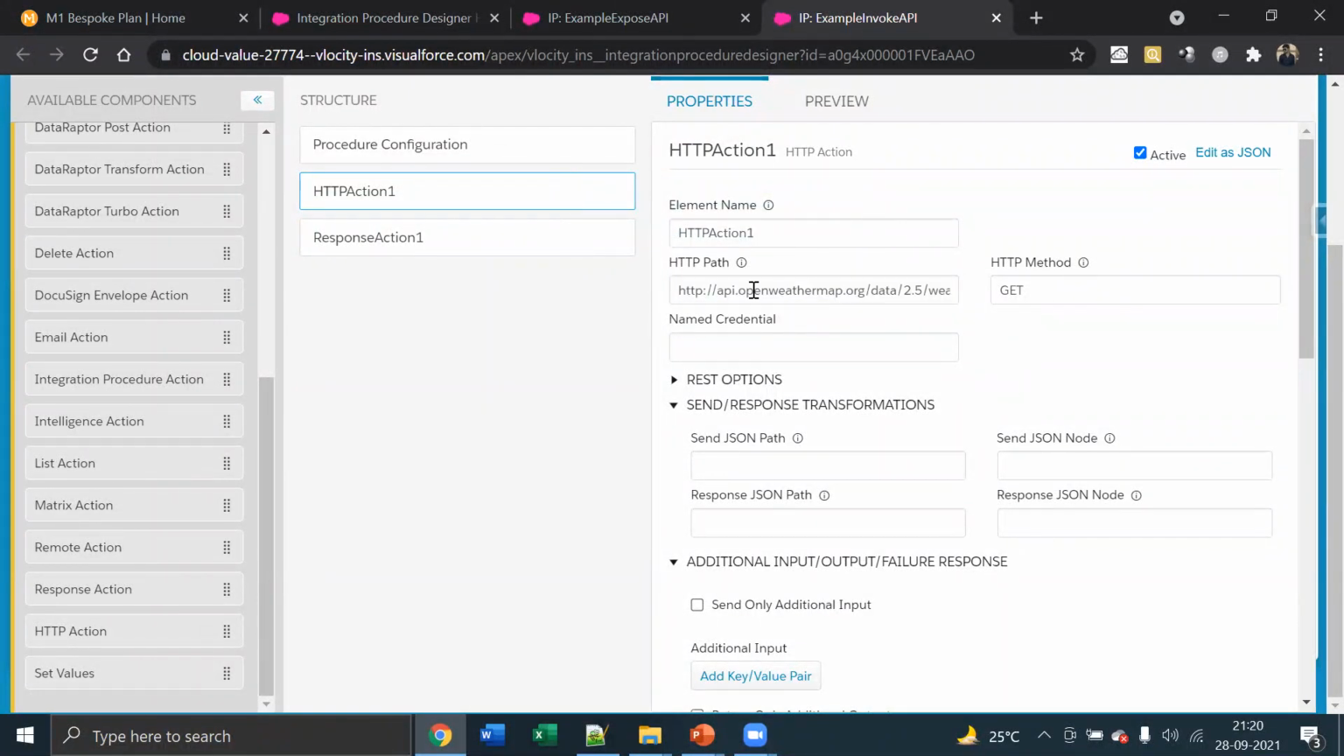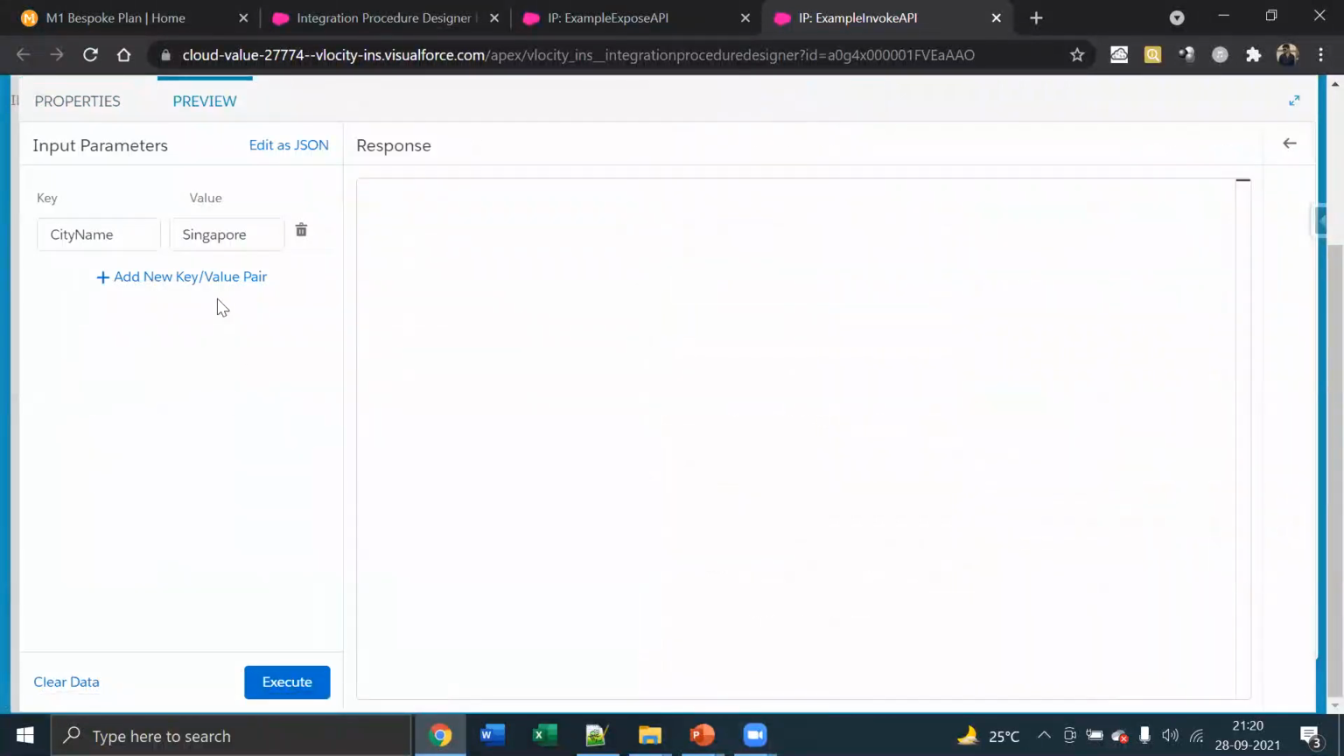It's simple. The weather API is an open API. So when you give a city name, it gives you the